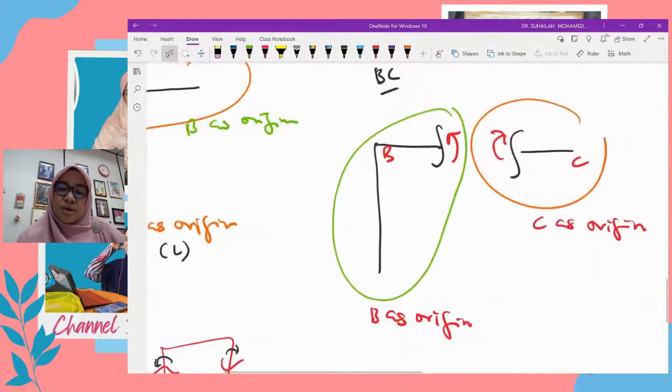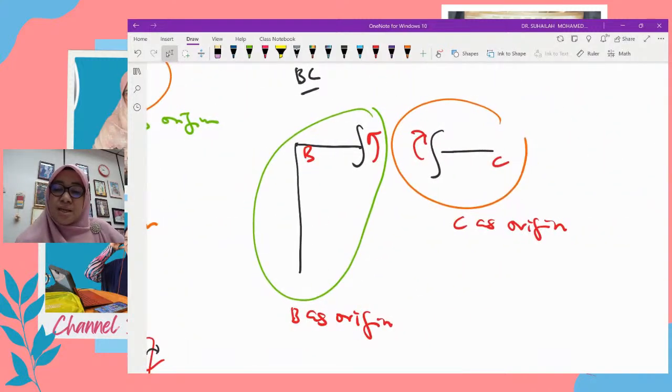So we move to BC. B can be origin, C can be origin, A cannot be origin because X always moves in a straight line. B can be origin, C can be origin. Where is right, where is left? Right is at C, B is left. So that is why we can conclude that whenever we put origin from left,